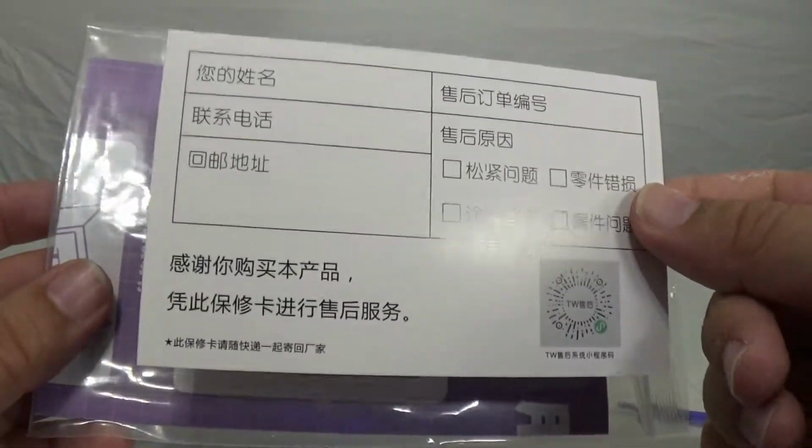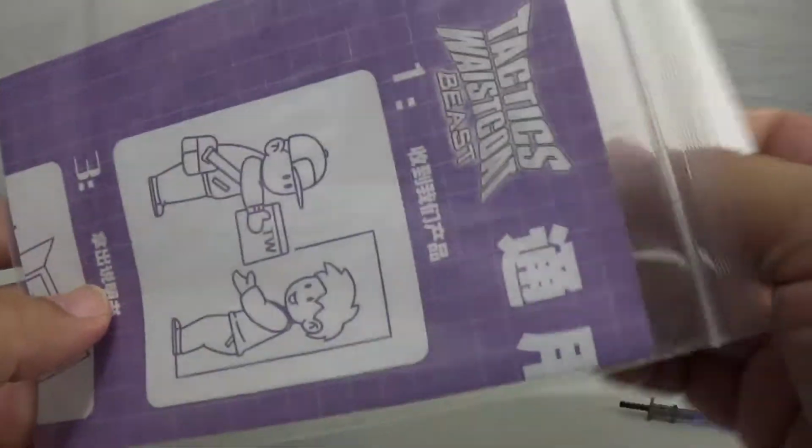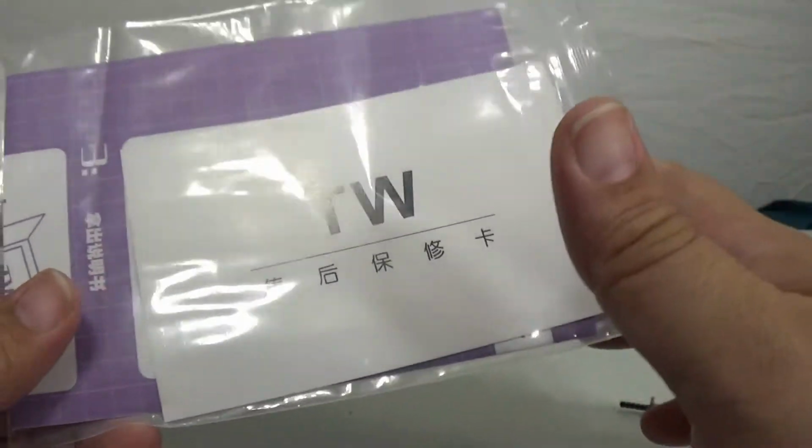I don't know what this card is for. I'm guessing maybe it's a registration card. I don't know, but that's what you get in the box. How many minutes have I wasted on this thing? I probably wasted like 10 minutes just going over what's in the box. So let's go ahead and